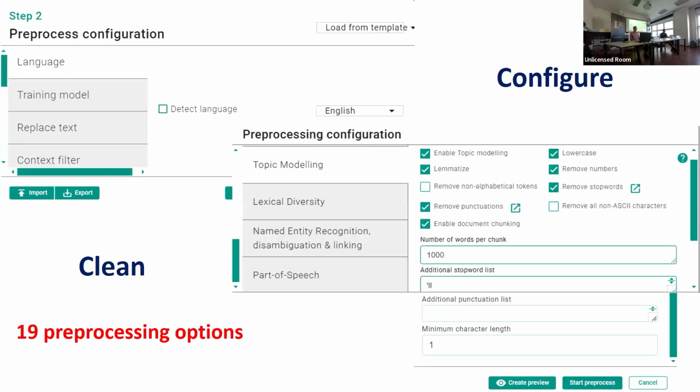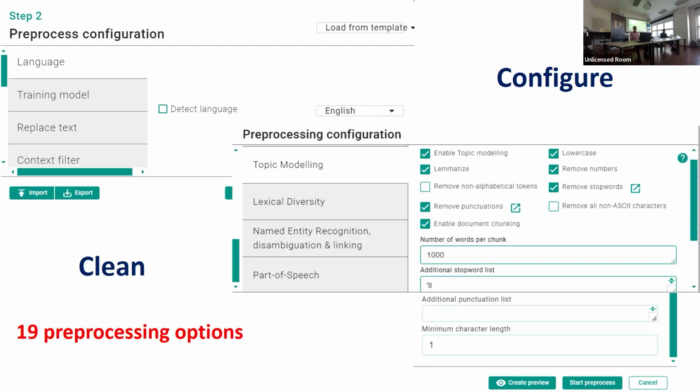I mentioned earlier that you can configure each analytical tool by using different parameters. You can see two configurations here. For example, you can choose either the automatic detection of languages of your corpus, or you can manually select a language out of 52 languages. On the right, you can see the configuration parameters of the topic modeling tool.